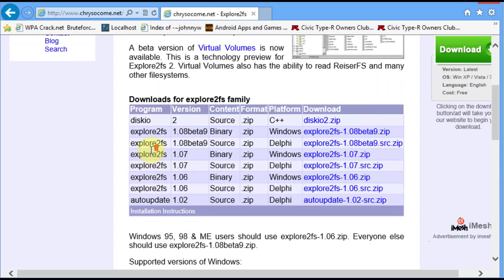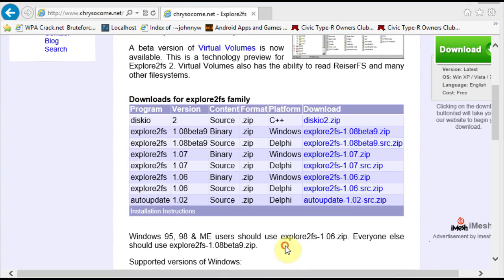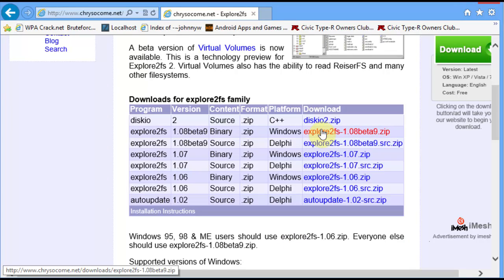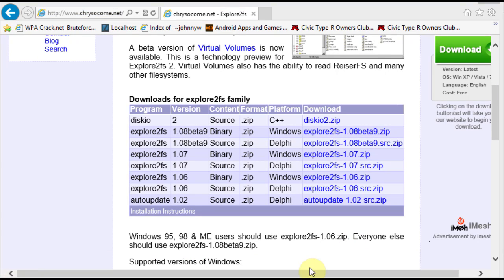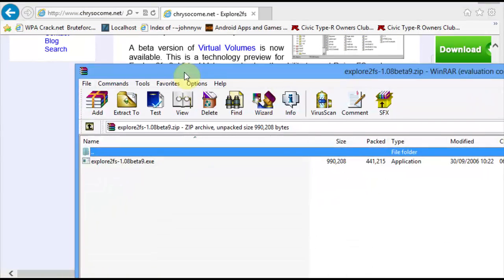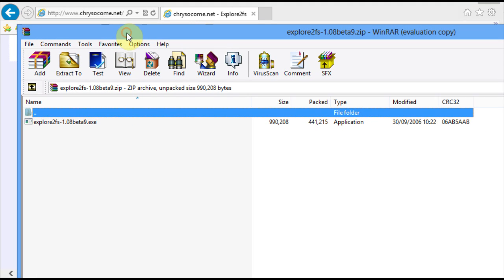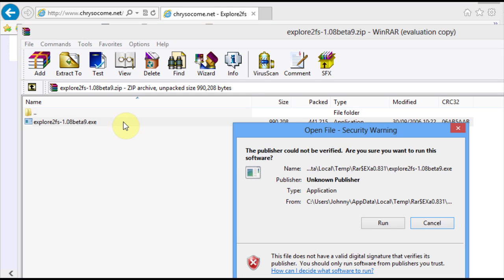Okay, so if you scroll down, click this latest beta version, click open. It should open it within your default archive manager, so mine's WinRAR, you might have WinZip. So if you just run that file,